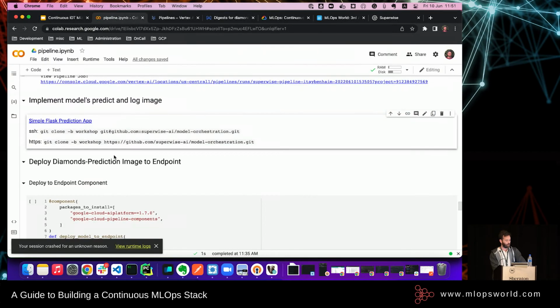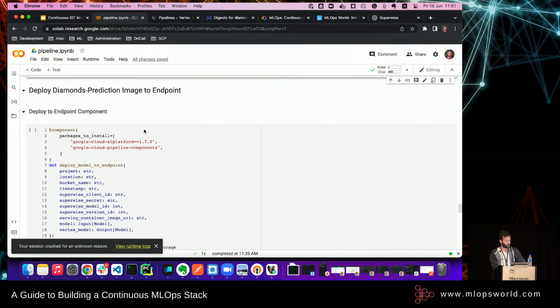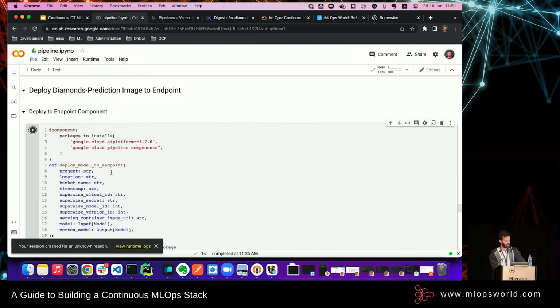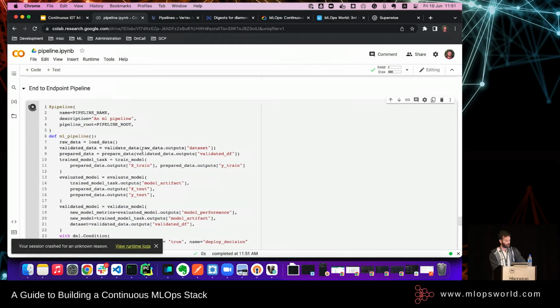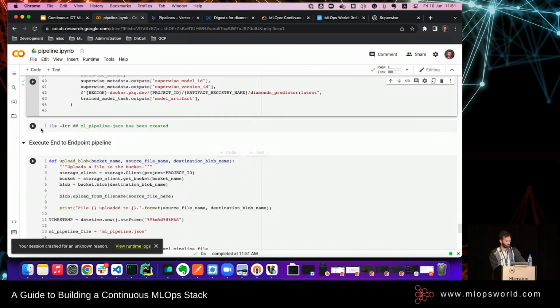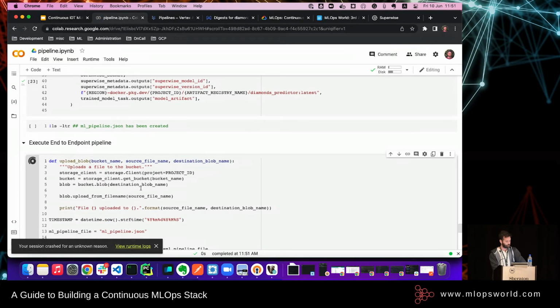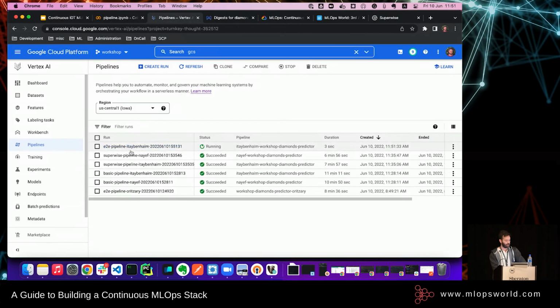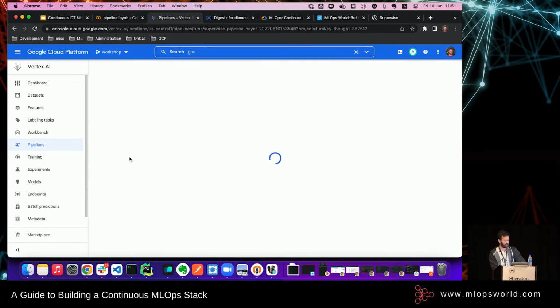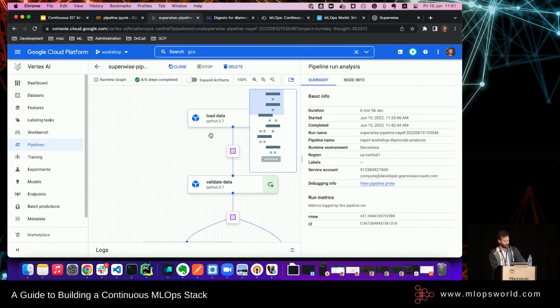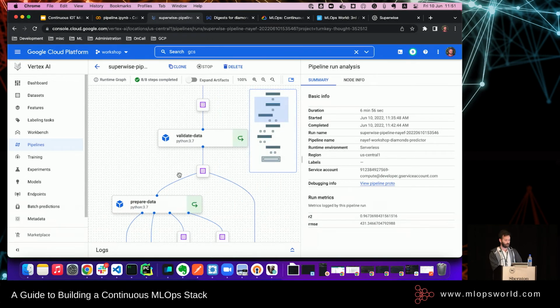And now, for time efficiency, I'm going to run this deploy, the last step, and we're going to look at the code later on. But I just want to have it running. And let me just see that it's got an execution. Great. Now, let's have a look at the pipeline. I'm going to look at Nave's one, because it's more interesting than mine, for sure. And we're going to look at the interesting artifacts, what we care about, okay?